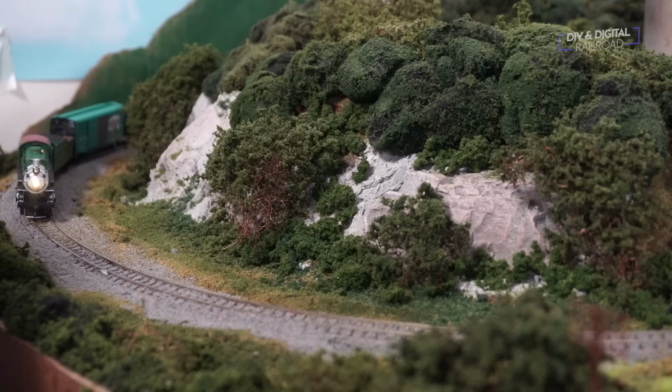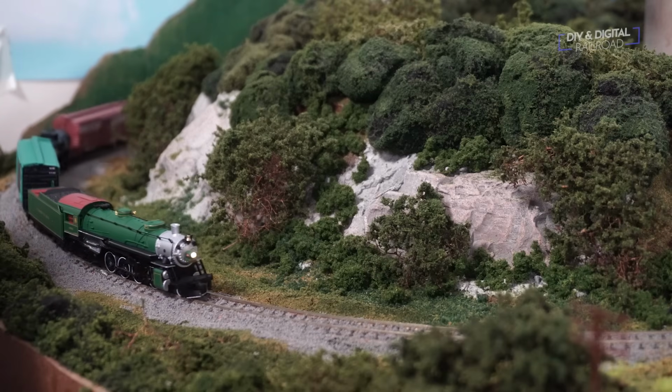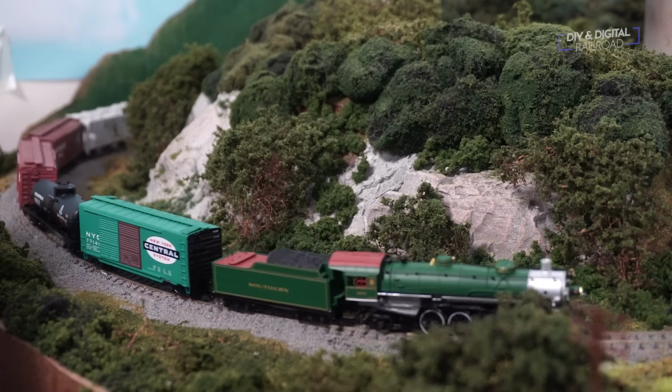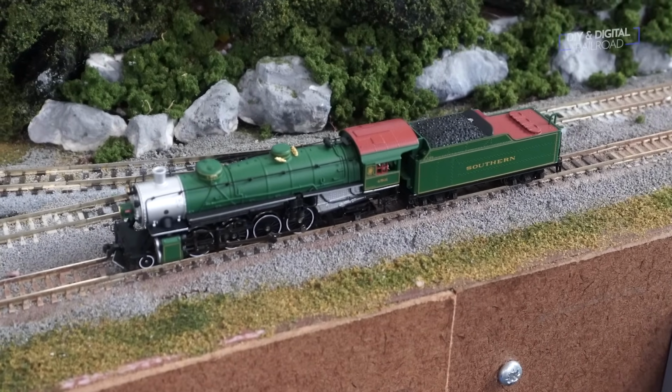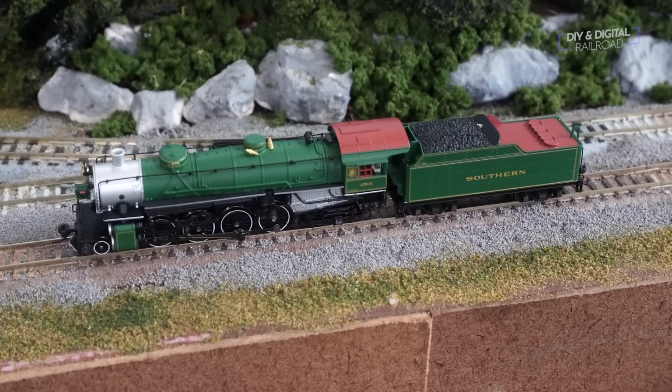Now on to one of my favorite steamers of all time, and I think it's a lot of people's favorite steamer, the Mikado. Now, this is a light Mikado, which means that it has a smaller boiler and less axle load than the heavy Mikado. The light Mikado was the more prolific of the two, with over 1,200 built, including the copies by